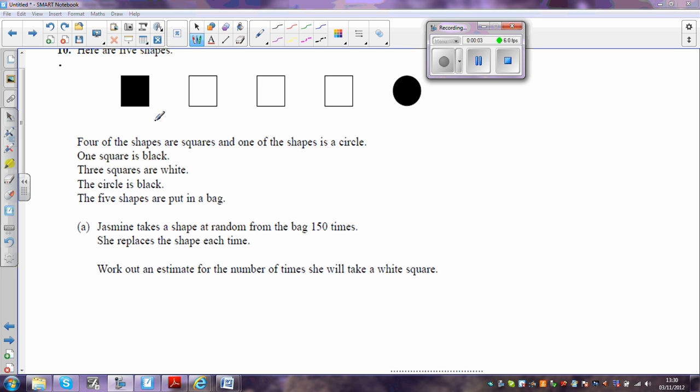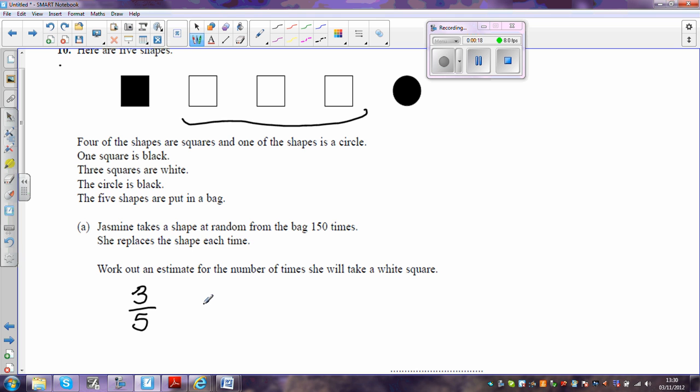Here we have 5 shapes, and of these shapes, 3 of the 5 are white squares. So the probability that Jasmine picks a white square is going to be 3 out of 5. In other words, I would expect her to get a white square 3/5 of the times that she does